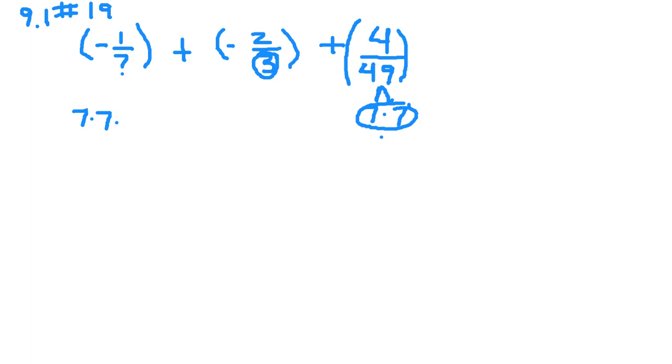So 7 times 7 times 3 is 147. Okay, so to write equivalent fractions, we're going to have 147